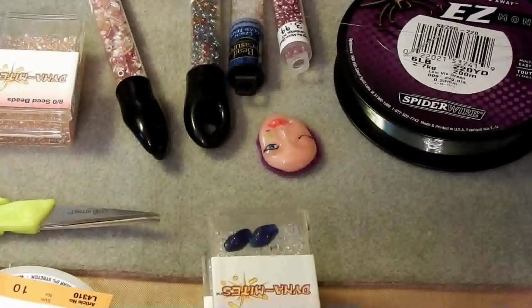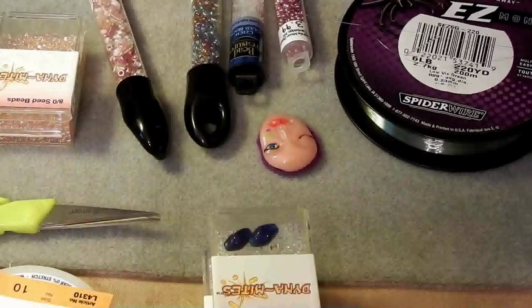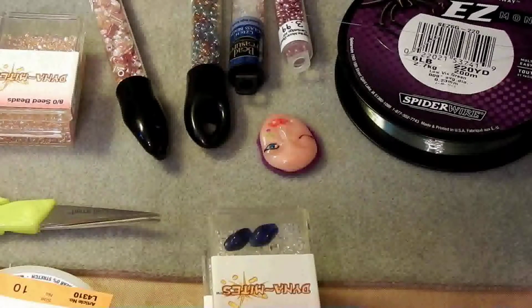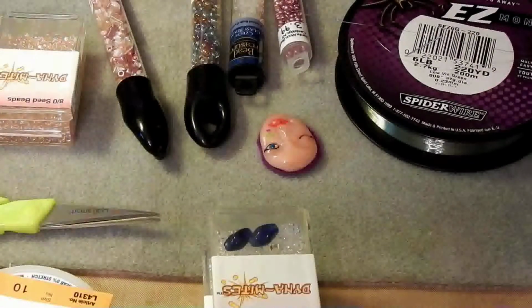Hi, welcome back to part two. I think this is part two of the polymer clay face pendant tutorial. In this part of this tutorial, we'll talk about beads and stringing materials and selecting things to work with the